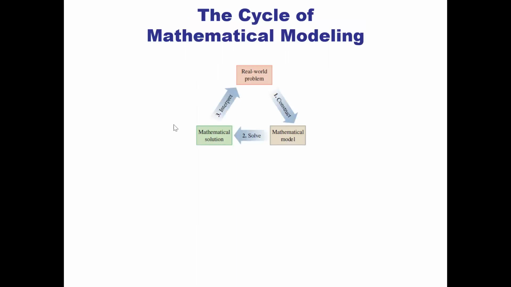All right, so here's our cycle. We have a real-world problem. Then we have to construct the mathematical model. Once we get that, we have to solve that model and get a mathematical solution. And then we have to interpret it back into what the real-world problem was asking for. So that's how we do this in a whole cycle. We start with a problem, we make a model, we solve the model, and then we interpret it. And so our answer is going to have that real-world problem answer based on all the model as well